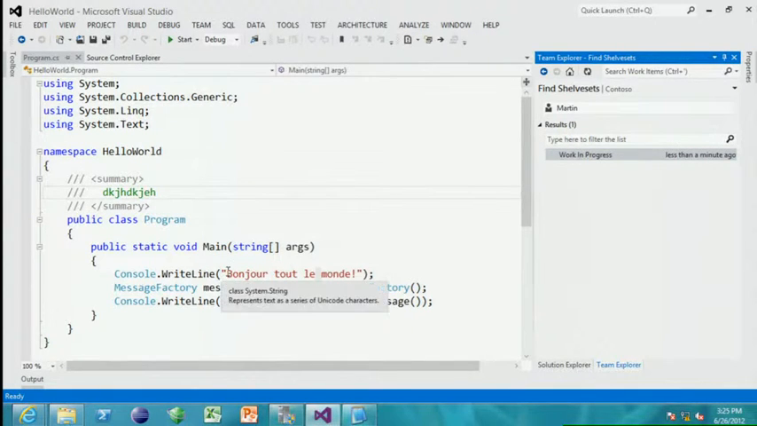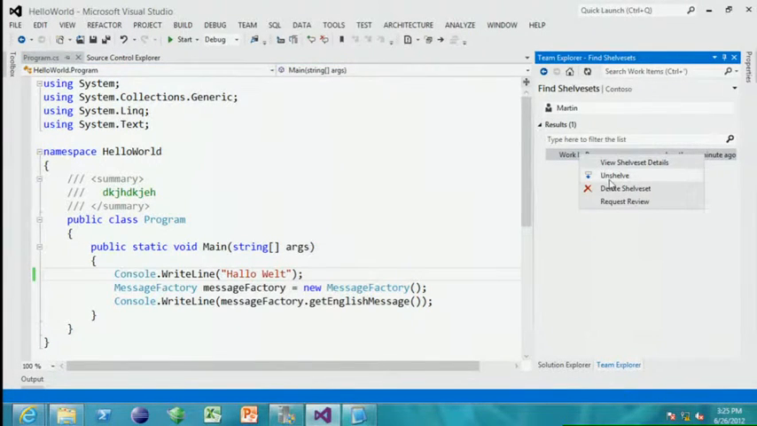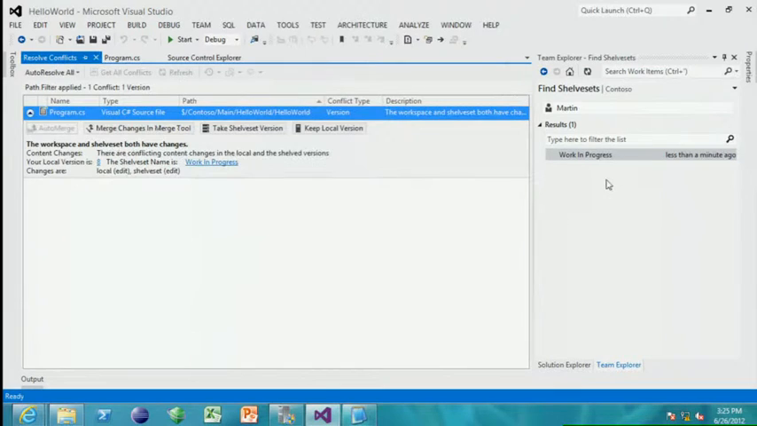And magically, it's merged my shelf set with my current work in progress. Just does it. What, might you ask, happens if, rather than saying hello world here, I were doing this in German? Hello Welt, I'm guessing, something like that. What if I was editing that line there? What would happen then? Well, if I hit Unshelve, it detects we have a conflict between the version we have,